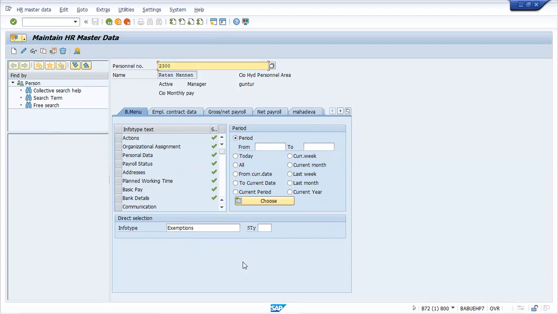582 is all about your exemptions. Quick question: what do you understand by exemptions? What is the definition of exemptions? Why do we require exemptions? The government will give some exempt amount to the employee. Till that amount, they will not charge any tax. After that amount, they will charge tax. Yes, so it is more from a tax benefit point of view.